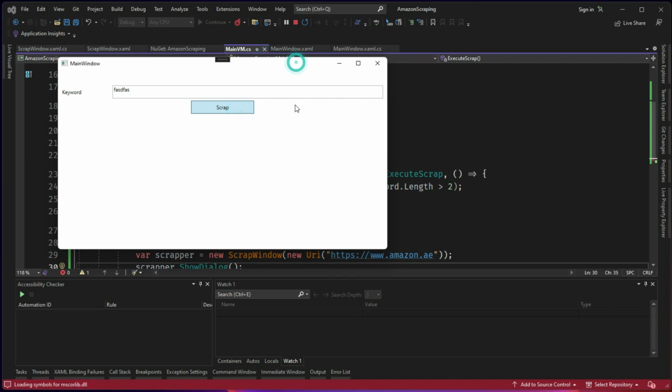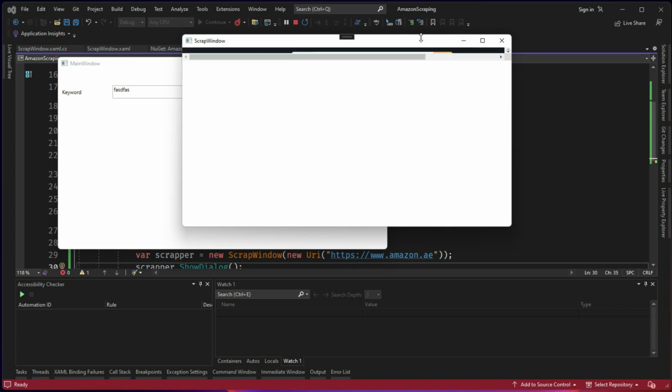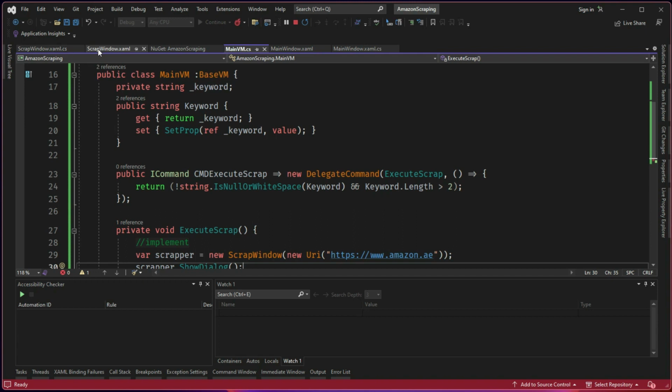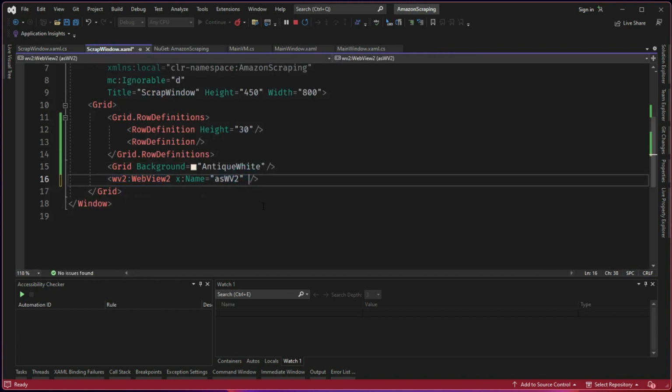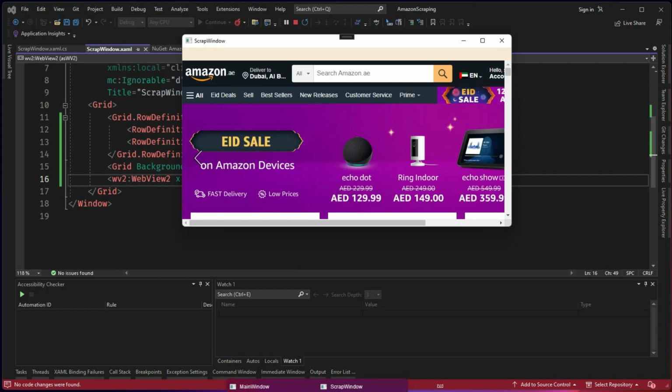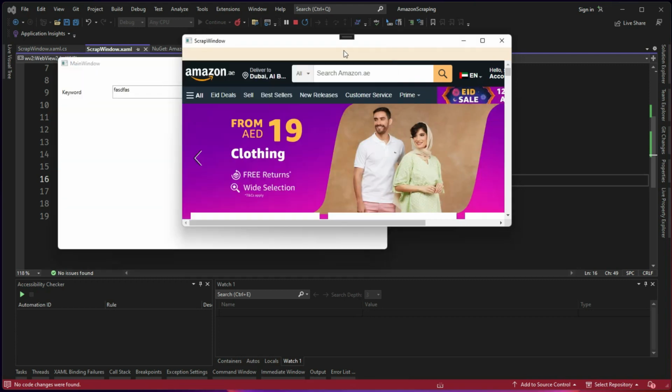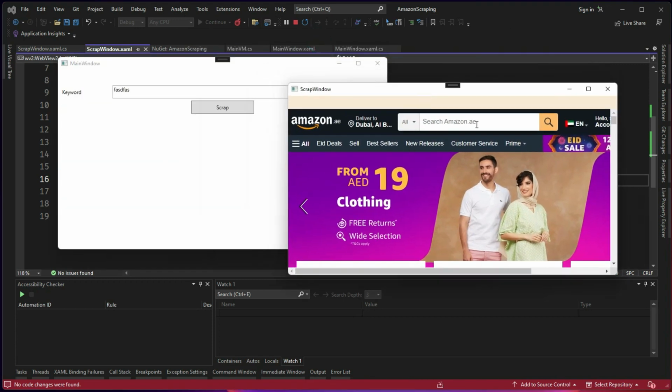It didn't work, or maybe it's working. Okay, it's loading the symbol. Okay, we made a mistake. Very simple one. The WebView2 is still showing the 30 height, so we need to give it the Grid.Row as 1, whatever. So now what we did, we managed to open this